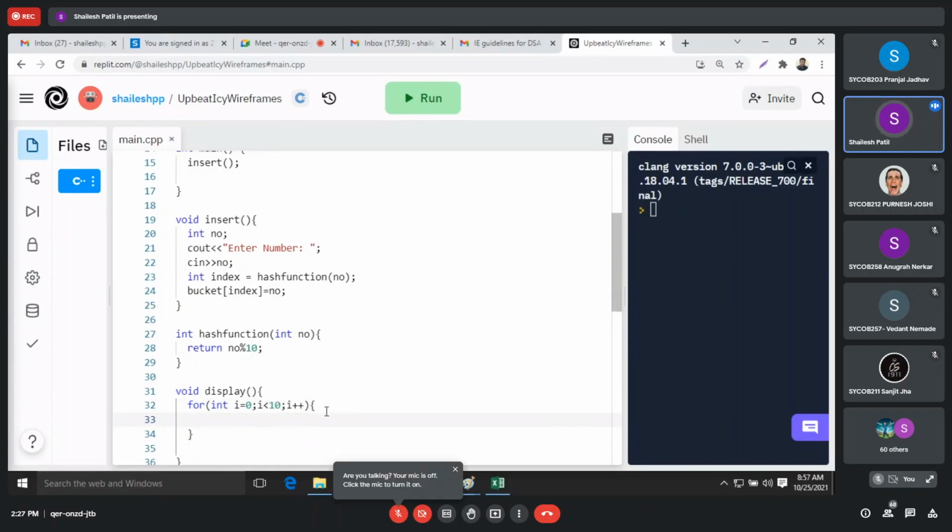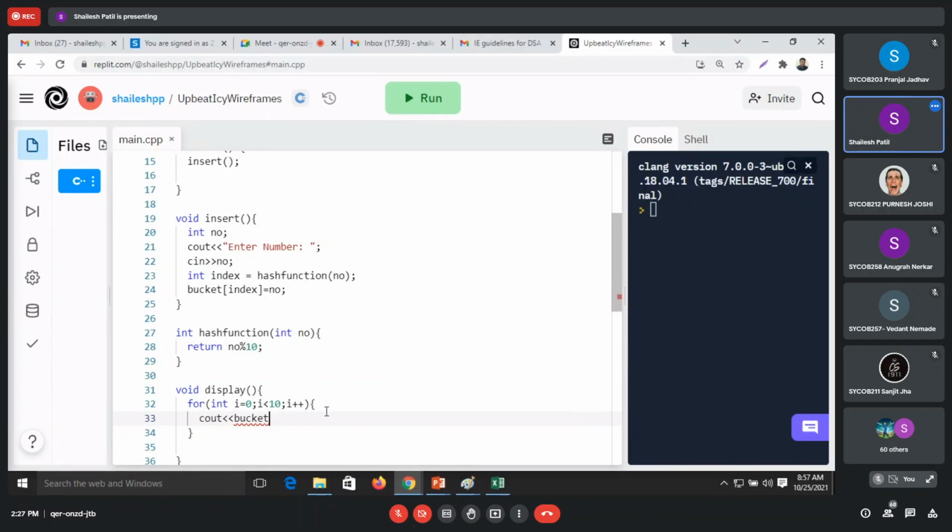So we'll just say cout, bucket of I, and we can say endl. Instead of endl, you can write slash n also, and that works. Before that, bucket of I, I will write something like this. We can modify this.